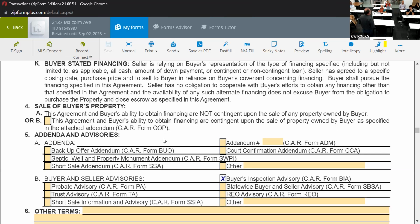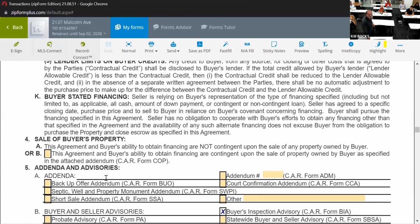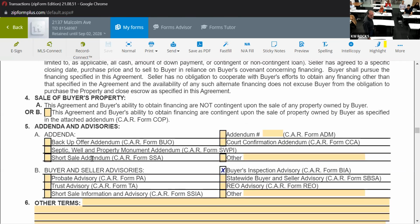It gets a little bit complicated. So as a new agent, make sure that from the get-go your mentor is there. Unfortunately, we had an instance where there were some glitches with the COP that clients and agents have. So it has to be handled carefully. Make sure somebody is assisting you in that situation. Again, as soon as you check mark this, the COP pops up. I would highly recommend at least taking a look at it so you have some basic knowledge of that form. Make sense? Anytime you have a concern. All right, so